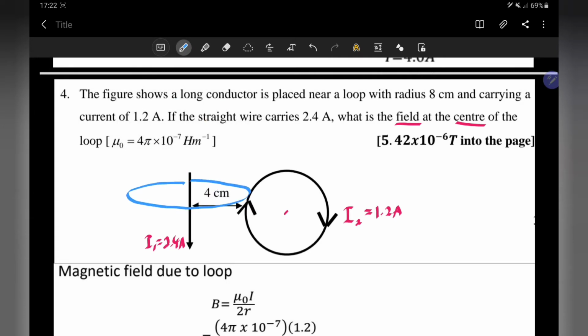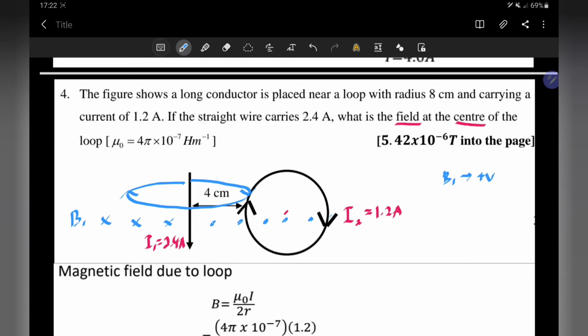Okay, we need to find the direction of B produced by the straight conductor. The current is downward, so using our right hand grip rule, at this side B is directed into the page, and here B is directed out of the page. So this is B produced by the straight conductor, into the page here and out of the page here. This is B1. It seems B1 at this point is the blue one here, which is directed out of the page. So B1 is positive,